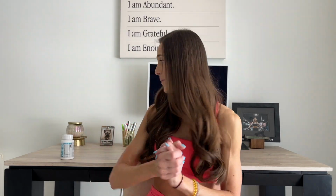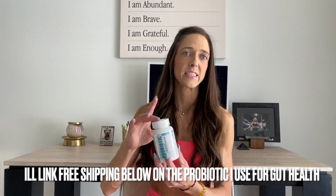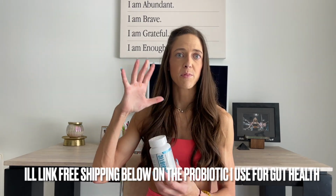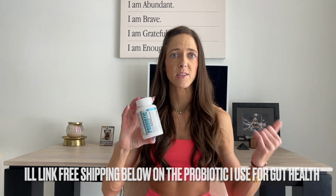I also supplement with a probiotic. This is one of my favorites. It's 8 billion CFUs, and I stay on these. I do 1 to 2 a day. They help keep you regular. They help get the good bacteria back in the gut. And again, guys, environmental toxins, all of it, kill it. So you really want to make sure that you're getting it back in, but taking it slow and seeing how